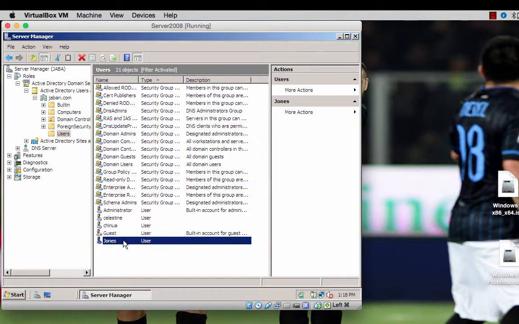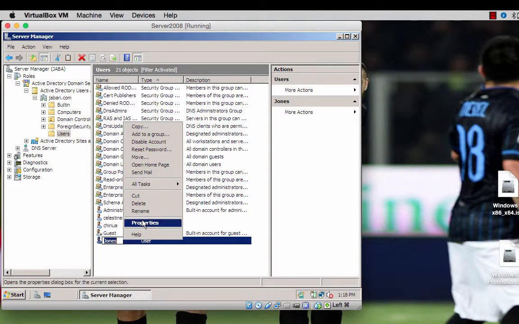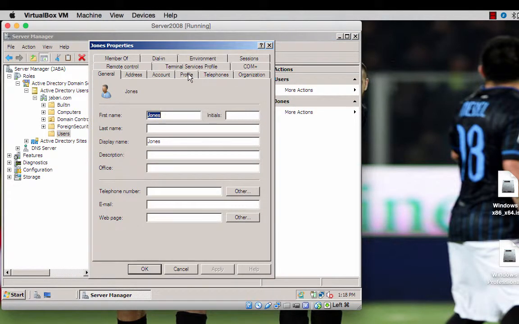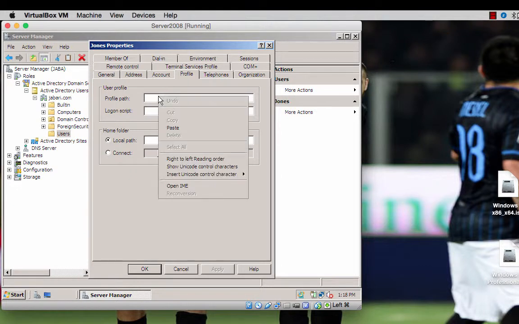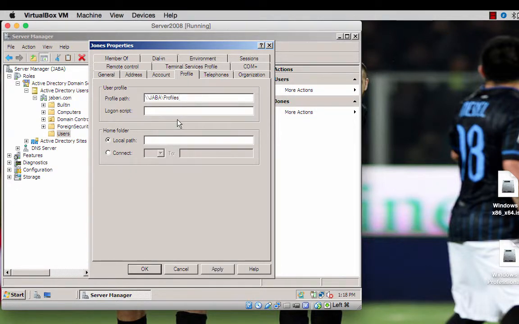And we're going to go to Jones, go back into Properties, and we're going to go to Profile, and we're going to paste the information we just copied right here. Now from here, it's going to be quite smooth sailing. What you can do is you can type the name of the user that you've just created or that we have in the video, which is